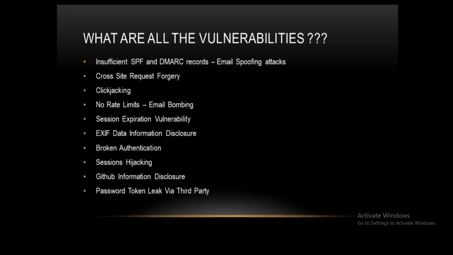So what are all the vulnerabilities which we are looking at? These are all the vulnerabilities which are most likely to occur in a website, and we will be hunting these in our course. First one is insufficient SPF and DMARC records, which is vulnerable to email spoofing attacks. Then cross-site request forgery, then clickjacking, then no rate limits or email bombing attacks, then session expiration vulnerability, then EXIF